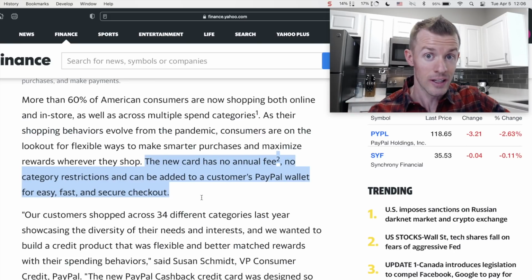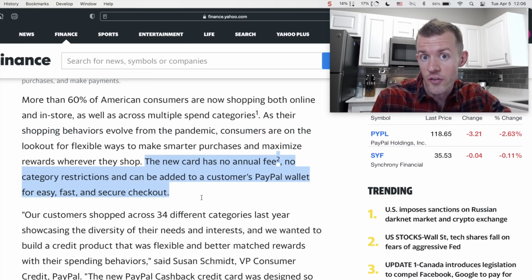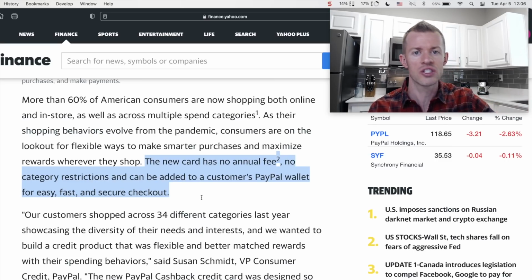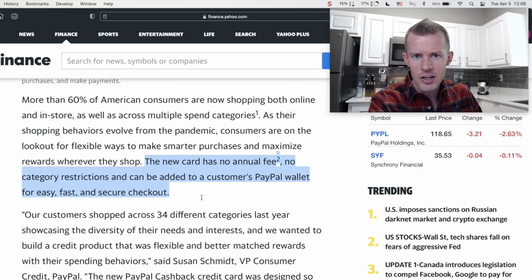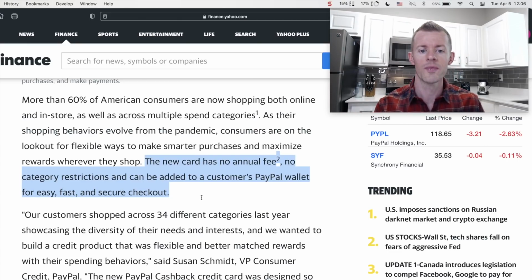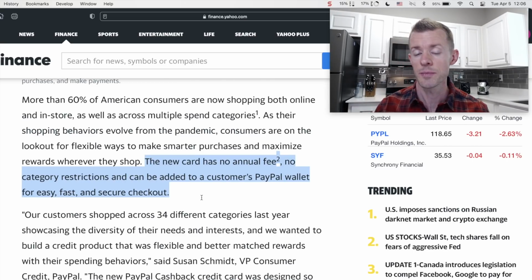And that's great. So as long as you hold the card, it will not cost you anything to have it, even if you're not using it very much, because there's no annual fee. You won't have to worry about which category to spend in. For example, that's my dining card, that's my online shopping card, that's my grocery store card. This is just your flat rate. Use it for everything all the time if you want one card to earn you a lot of simple rewards,